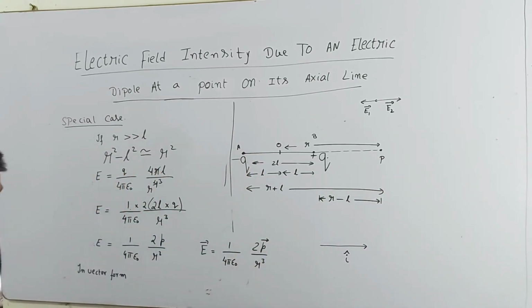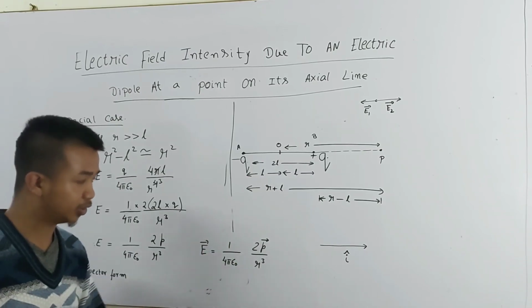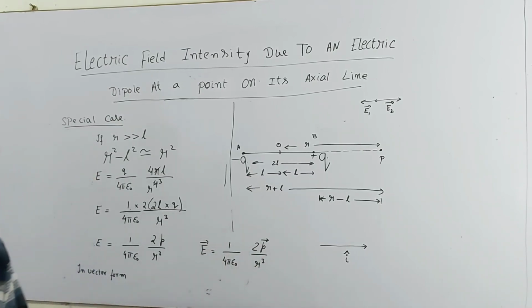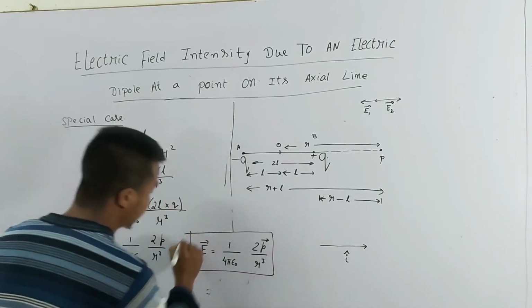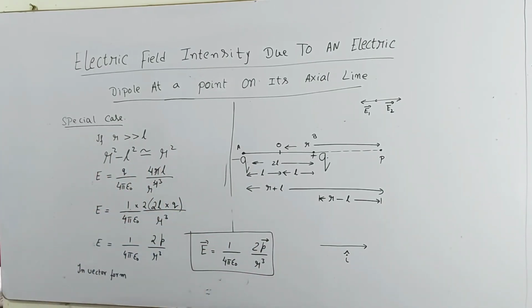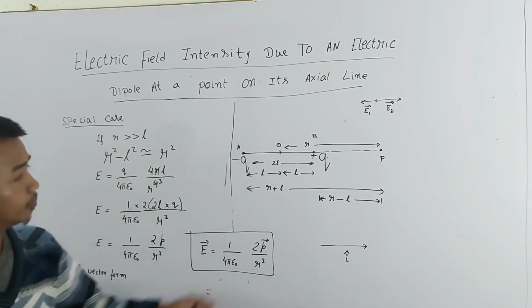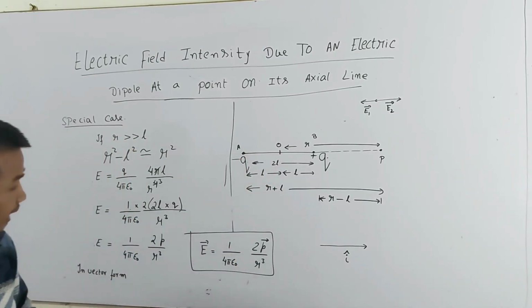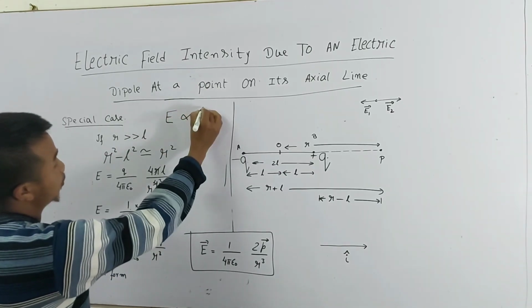They are in the same direction. So that's why we can write E is equal to 1 by 4 pi epsilon naught, 2p vector divided by r cube. From here, we can see that if the distance of point P is very far from the center of the dipole, the electric field E is inversely proportional to